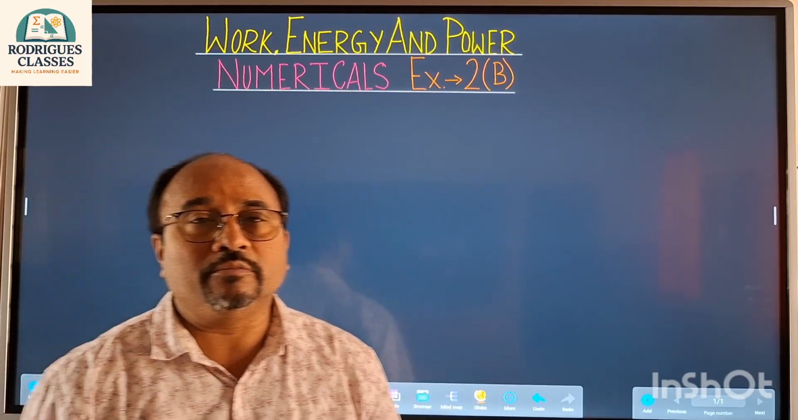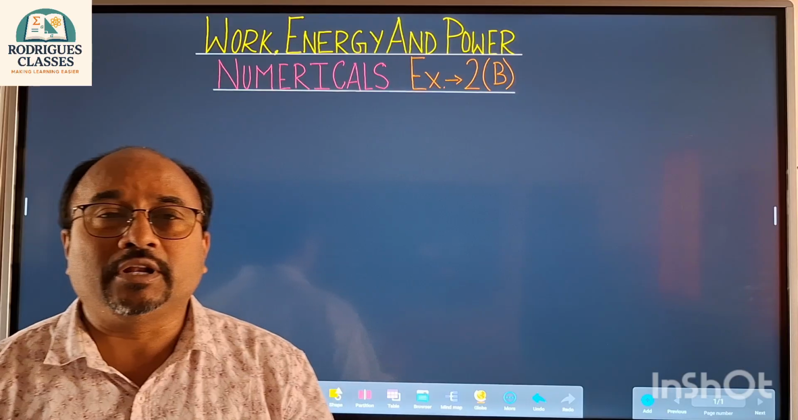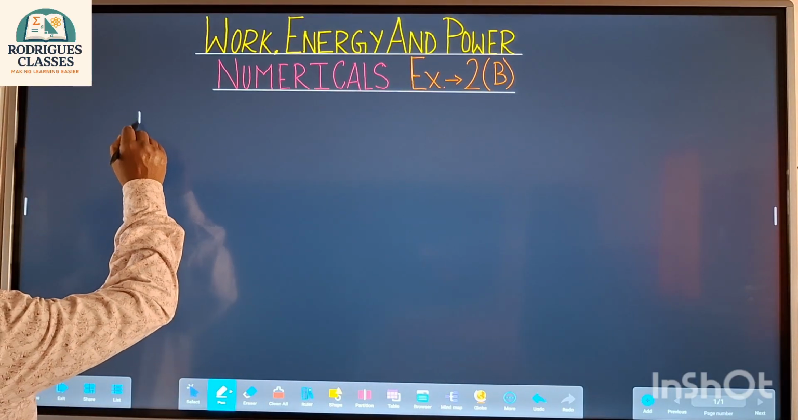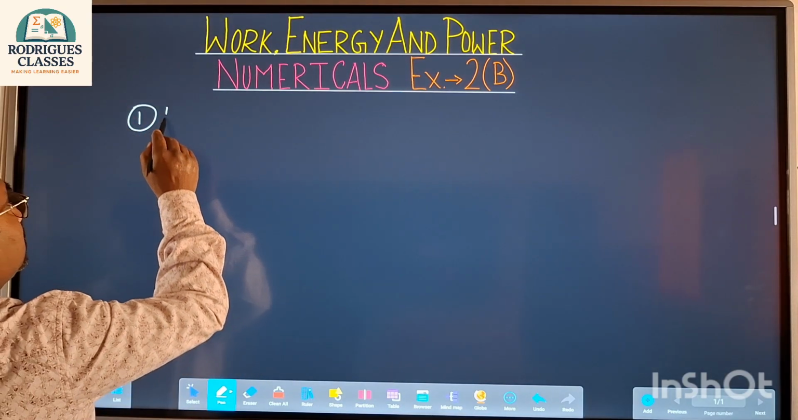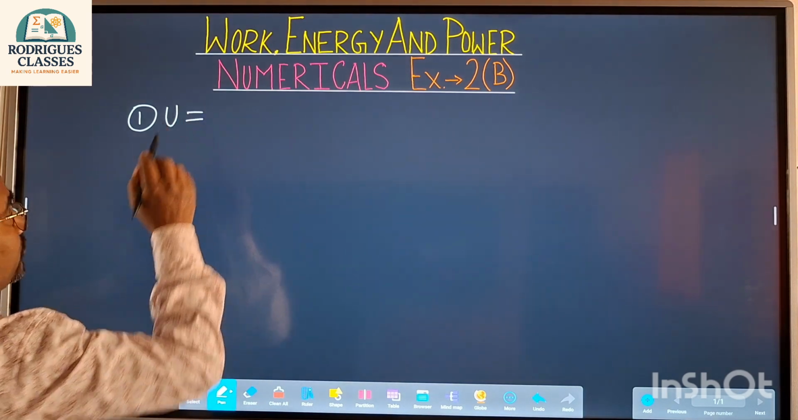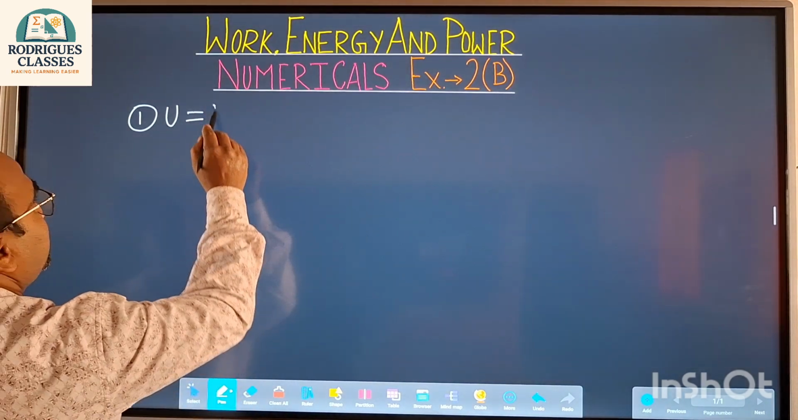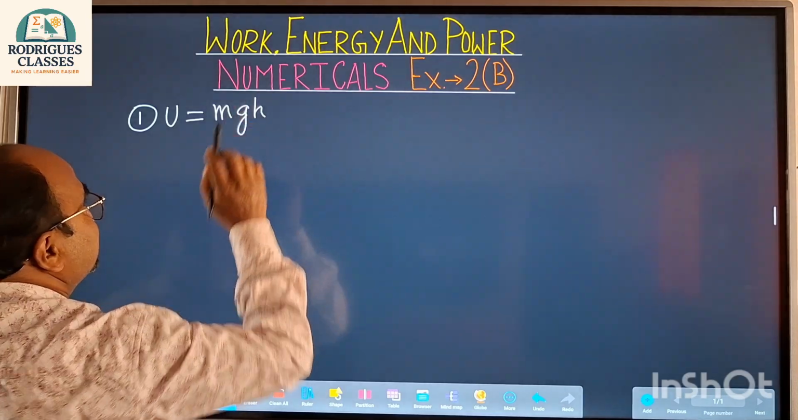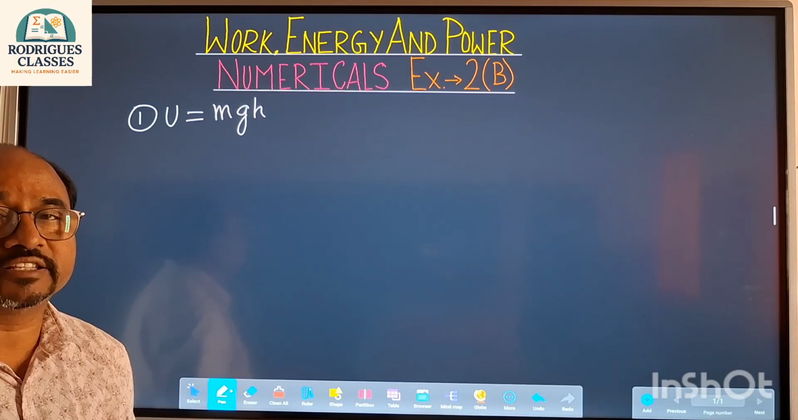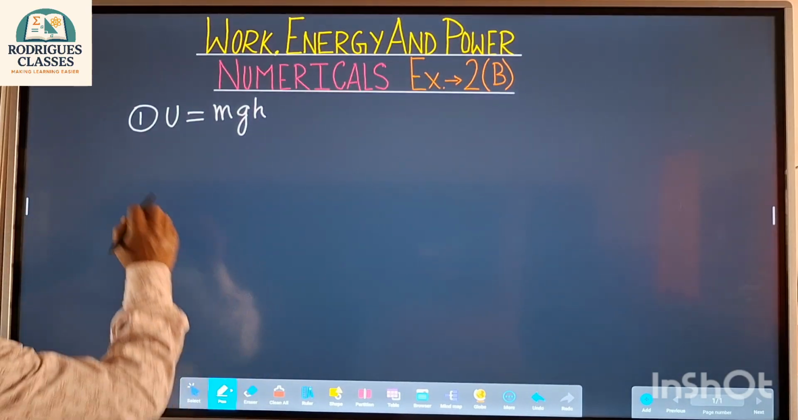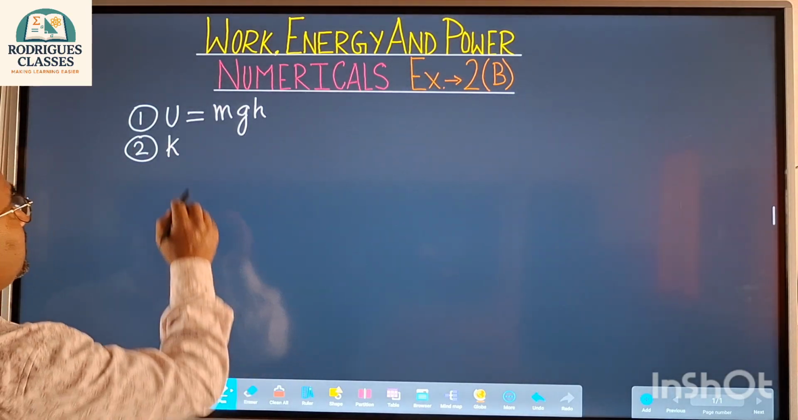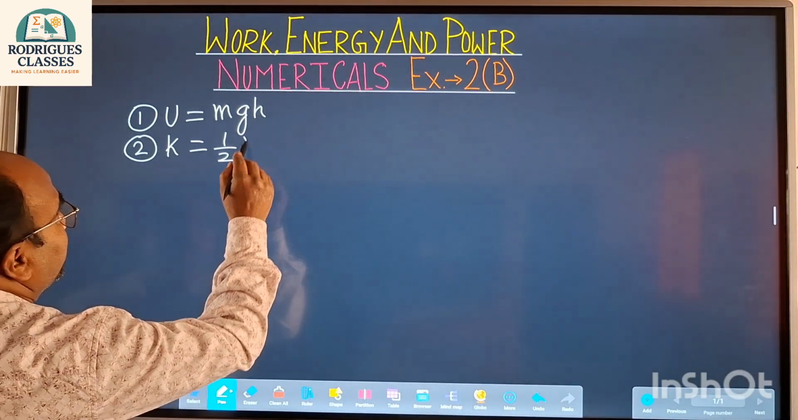So before we start the numericals, let us take a look at all the formulas which you will require for this particular part. Starting with potential energy, we have to deal with gravitational potential energy. So the formula comes as mgh. m is the mass, g is the acceleration due to gravity, and h is the height at which the object is placed. Then the second formula, where K stands for kinetic energy, is half mv square,